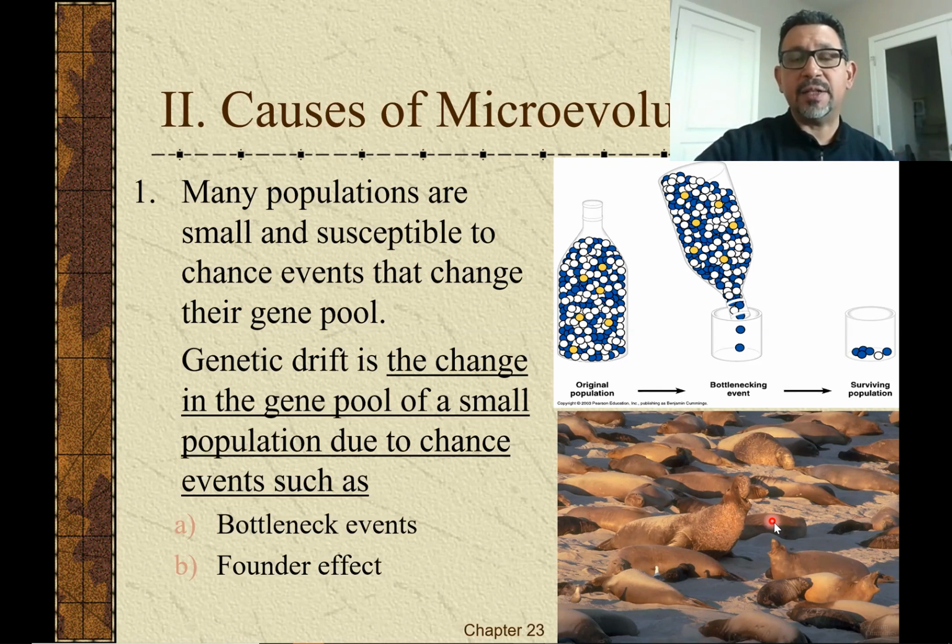I'm talking about an El Nino year, and most of the fish these animals depend on have moved up north. And so what happens? There's going to be a great deal of mortality. Females will die, but especially the young, the pups, are going to die. And so from one year to the next, in a population that is relatively small, you can see a change in the gene pool just because those that died perhaps had alleles that were rare and unique to them and not present among the survivors of that population.